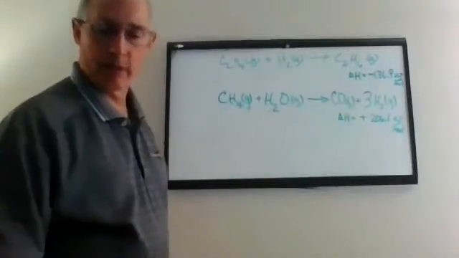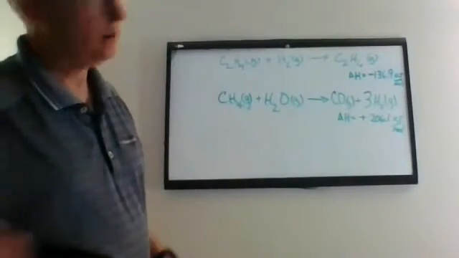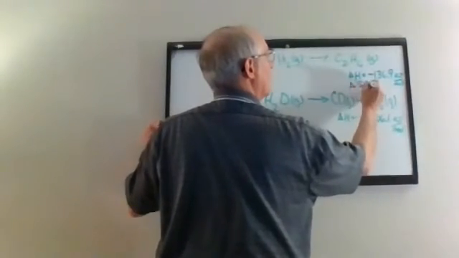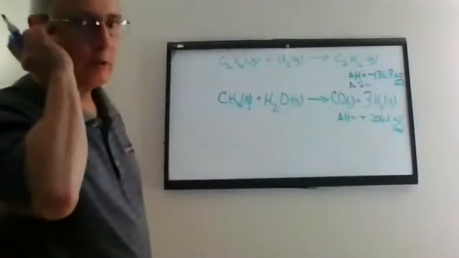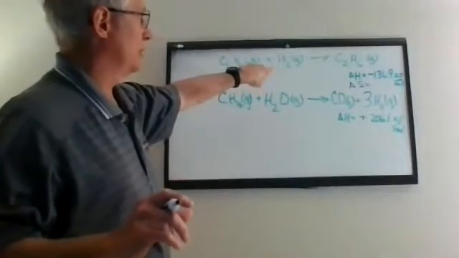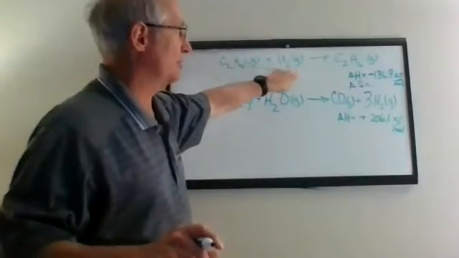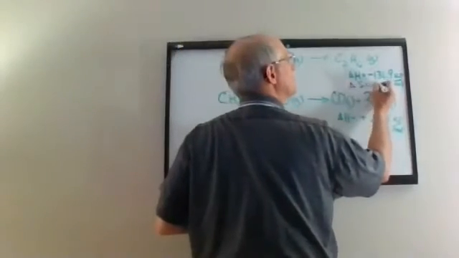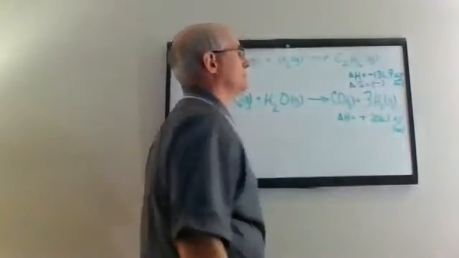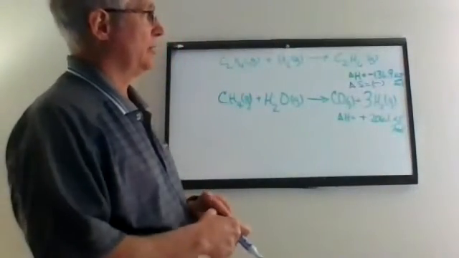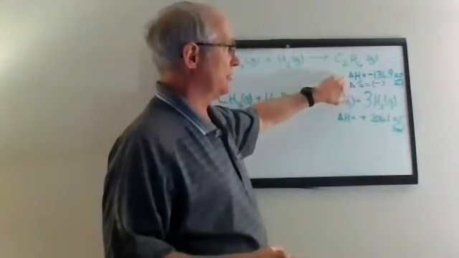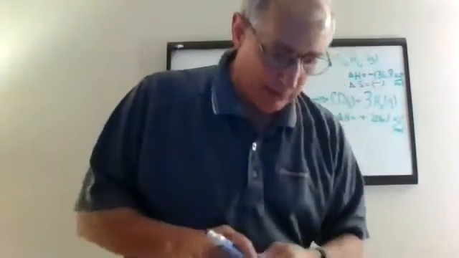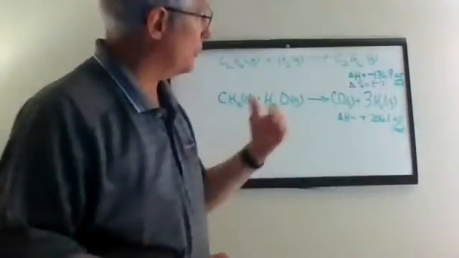So what are you going to tell me about delta S? Positive or negative? If it's going from more randomness to less randomness, negative. And what do you get when you have a delta H negative and a delta S negative? Well, it could go either way. And at lower temperatures,